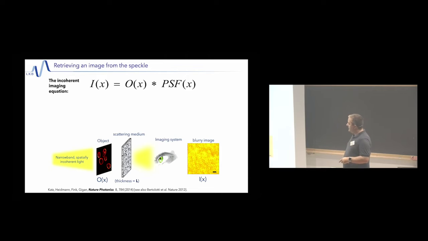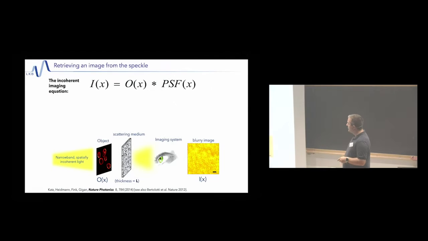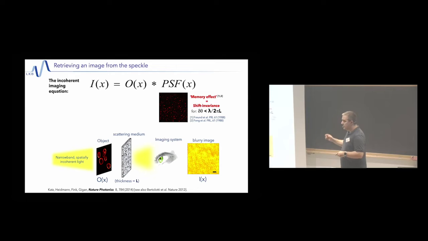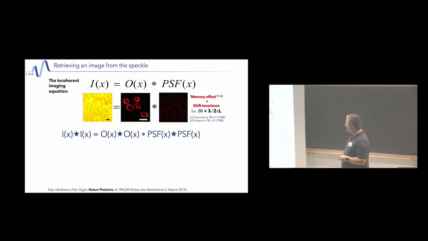The general idea is that from the incoherent imaging image formation model, you can write the intensity on the camera as the object convolved by the PSF. Except that the problem is now the PSF is a speckle. But if there is memory effect, if the medium is thin enough, the PSF for every point is just a shifted speckle. So you can write this as a convolution of the object by this speckle, and the general idea